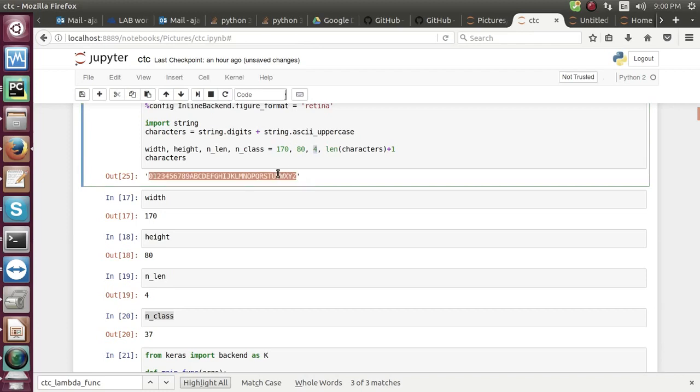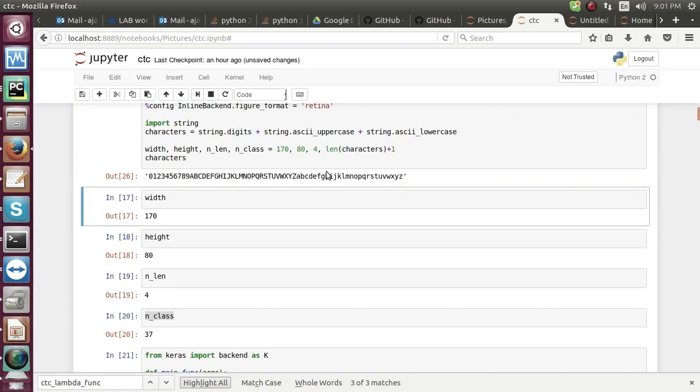Right now this model is built for capital uppercase, but if you want lowercase, all you need to do is add a string of lowercase letters, and you will see something like this.